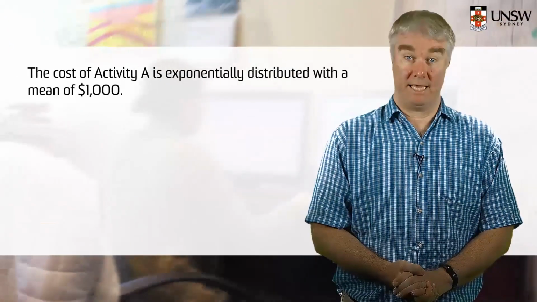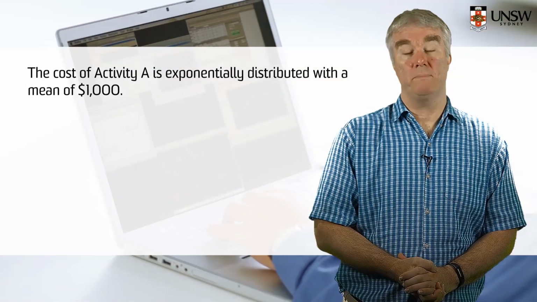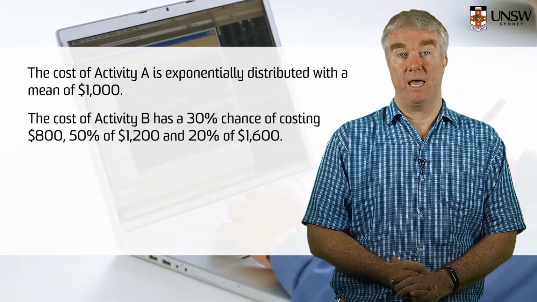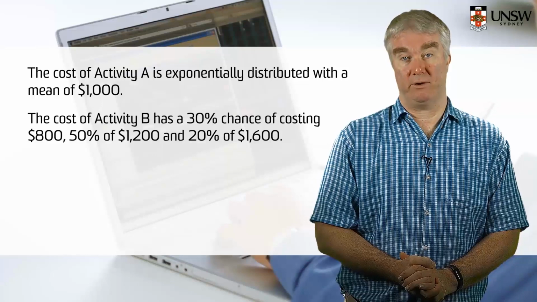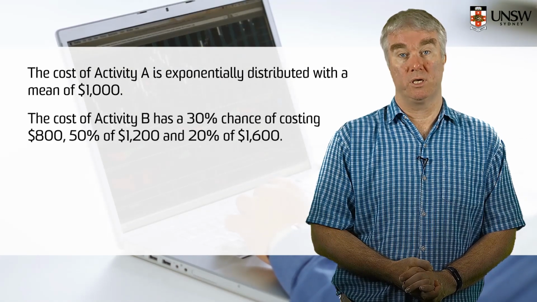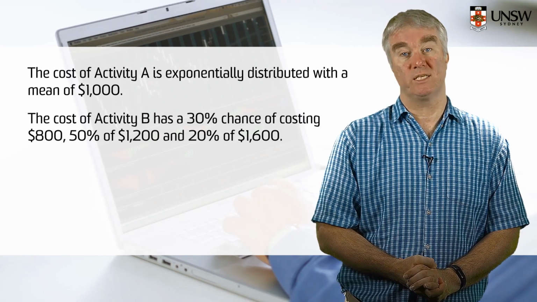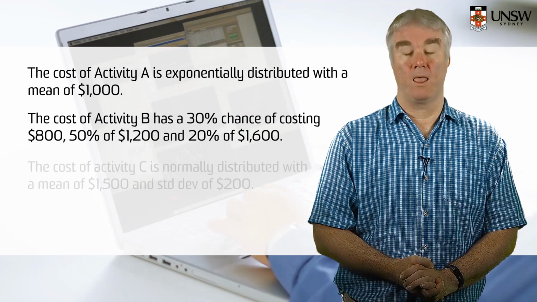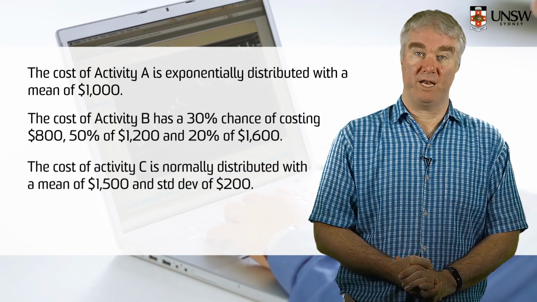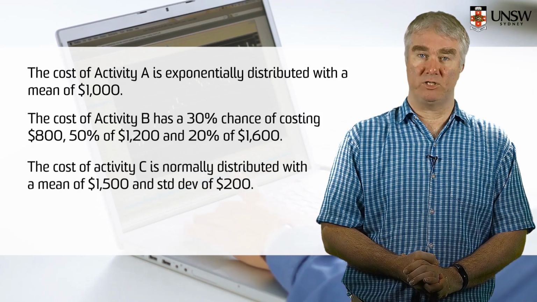A project consists of 4 independent activities. The cost of activity A is exponentially distributed with a mean of $1,000. The cost of activity B has a 30% chance of costing $800, 50% chance of costing $1,200, and 20% chance of costing $1,600. The cost of activity C is normally distributed with a mean of $1,500 and a standard deviation of